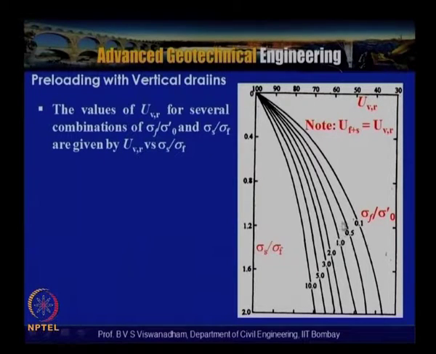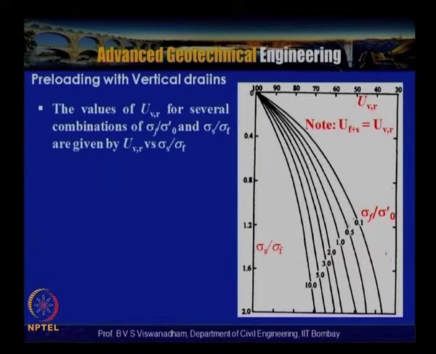With this, what will happen is that the presence of drains accelerates the radial consolidation. So, you will have sigma S by sigma F values that are very low, because the degree of consolidation will be high. This tells us that the preloading required with the drains is of very low magnitude, so that the stability issues and all other issues will not be there.